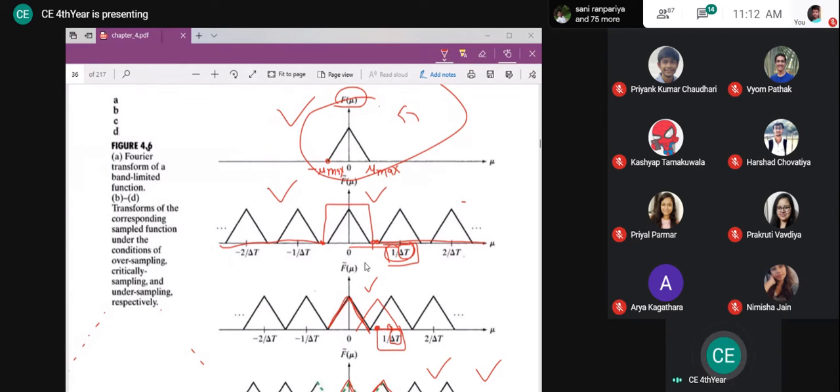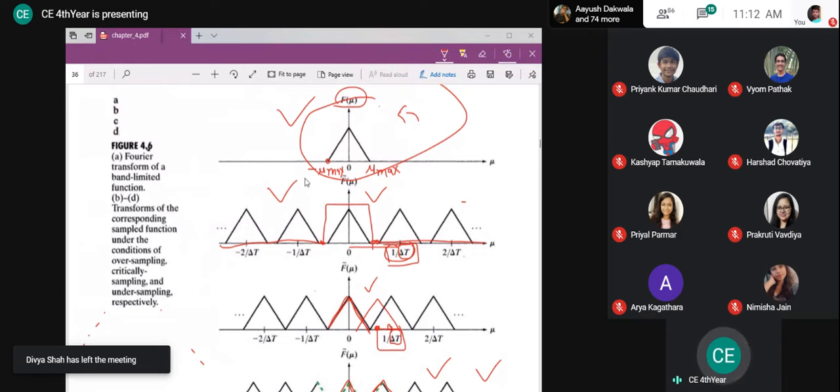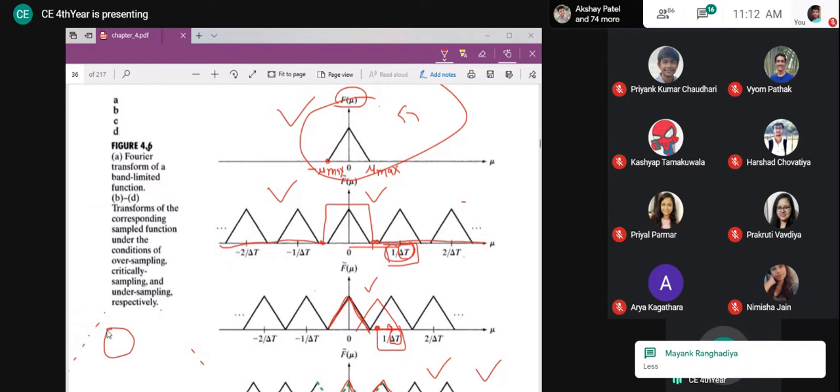What is frequency? Frequency is the number of cycles in my sinusoidal. Frequencies cannot be negative, right? So what is the significance of negative mu values here? If you remember, for the frequency, if I have a sinusoidal of,